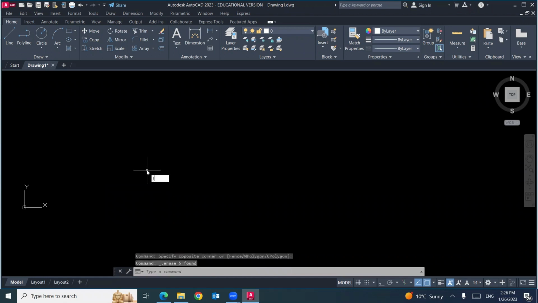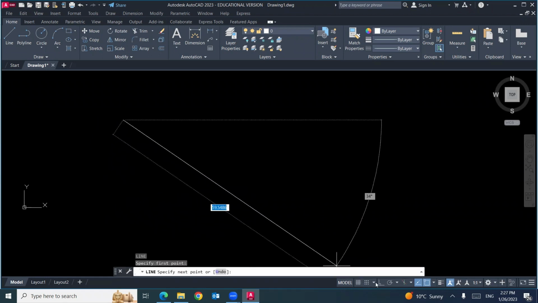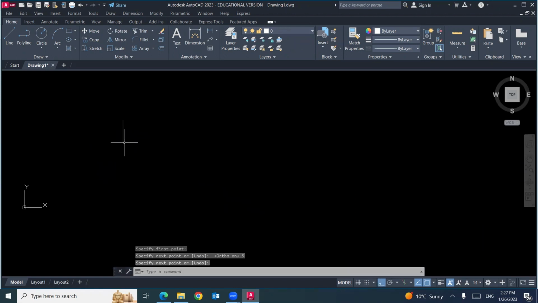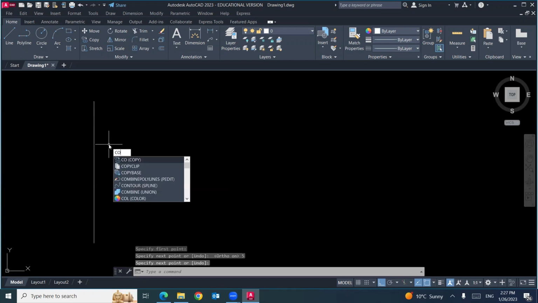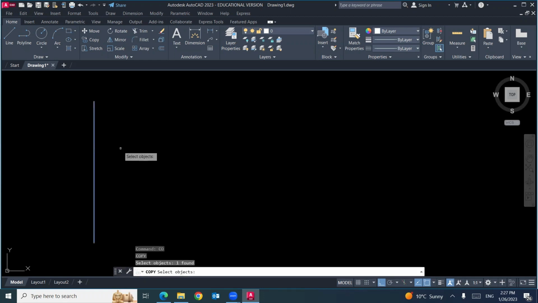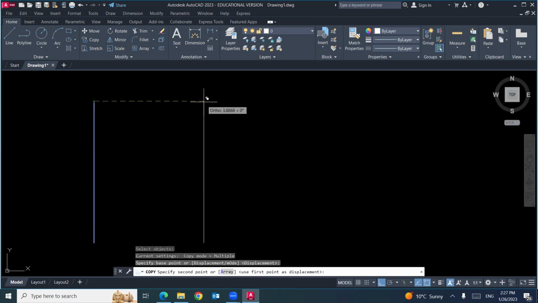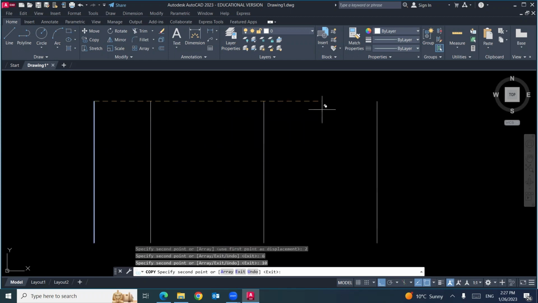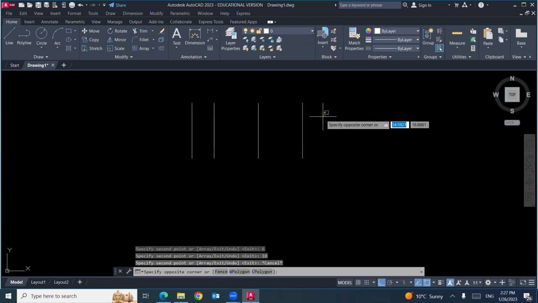So, for example, if you have a vertical line, I will turn the ortho mode on, with a distance 5. So this line has a distance 5. I will create a copy of this line. I will hold it from here. If you move in this direction and write 2, you did a copy at 2. If you write 6, you will do another copy at 6 from the original object. Then enter, another copy.